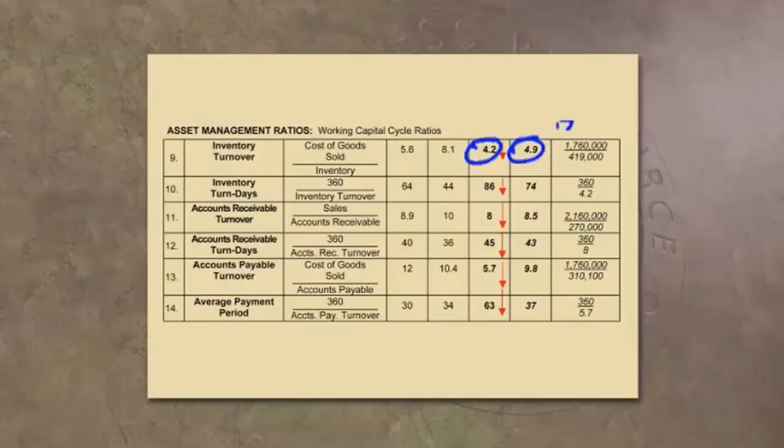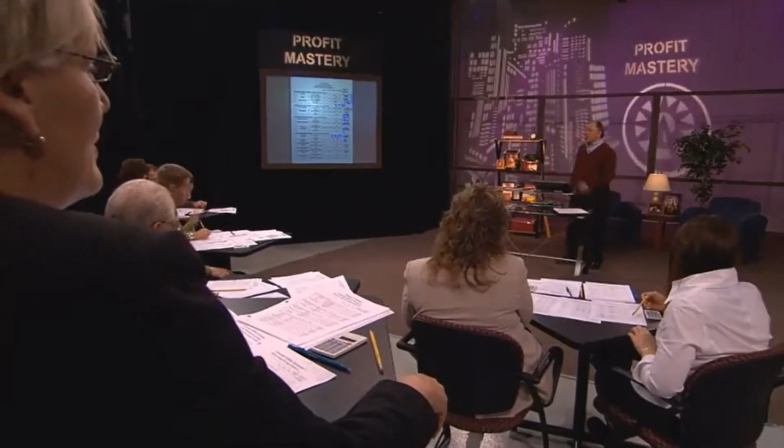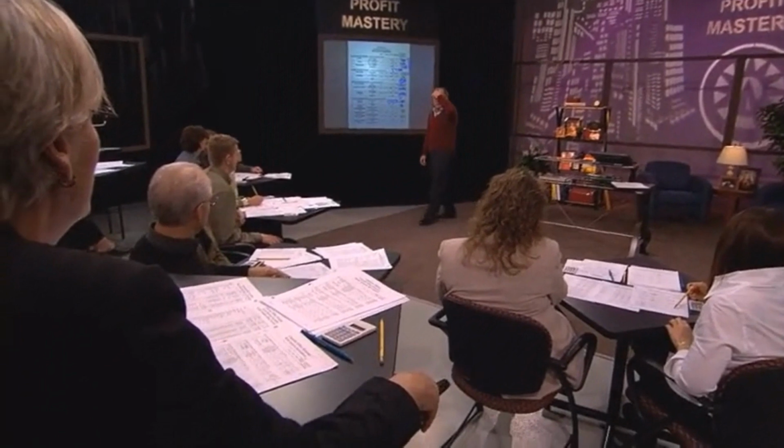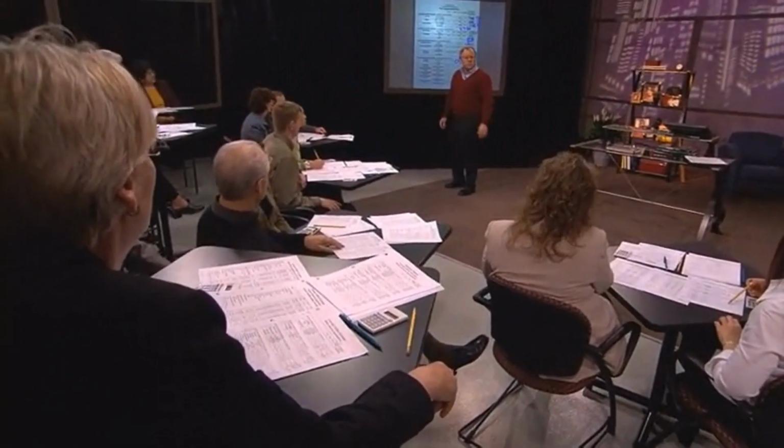So we then tried to put this in a different form, didn't we? We said, well, let's look at this instead of in turns. Let's look at it in what? Days. So you're out of round on days, and he's low on turns, by the way. He's high on days. He's got more days because it sits there longer. By how many days? 12 days. Did you know you're out of round by 12 days? What's he thinking? Well, it's less than 2 weeks. Isn't that right? People always rationalize things, don't they?